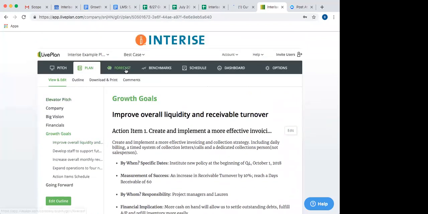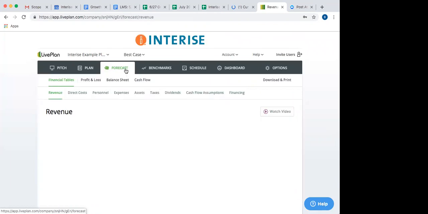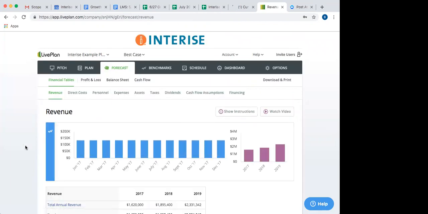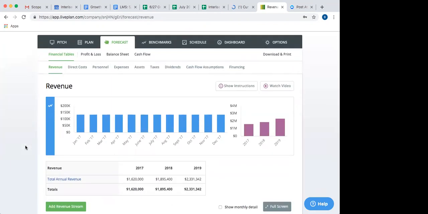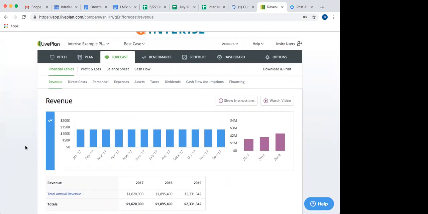The next section is the forecast feature. So this is really fun. This is again opportunity for you to start to look at financial forecasting and do projections into the future. This is going to pull in all your real-time revenue. And again, if you don't want to connect your accounting software to this, you can manually put in the financial information. So it is an option to do it manually.